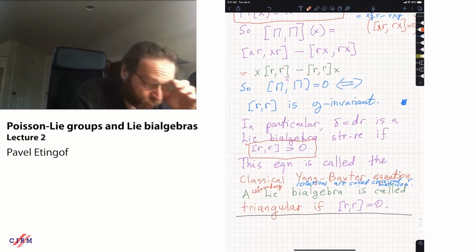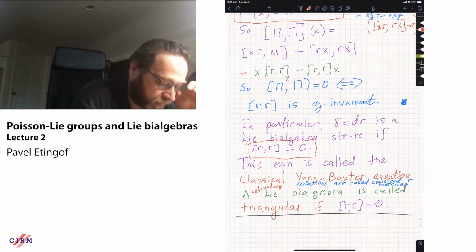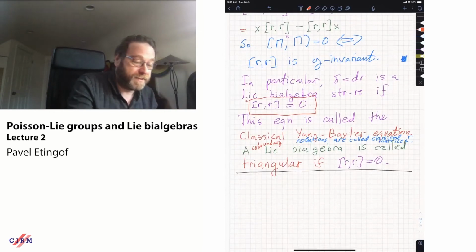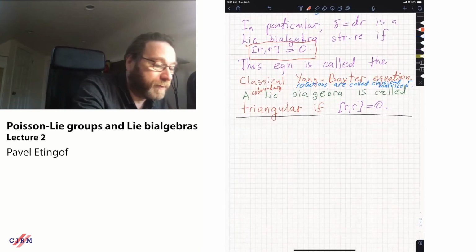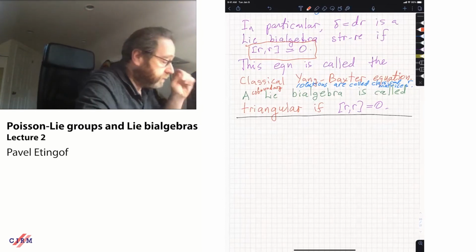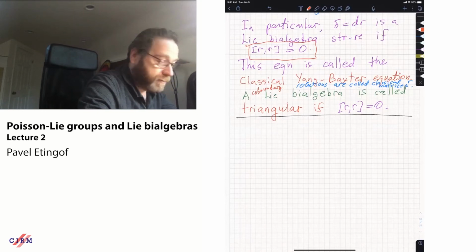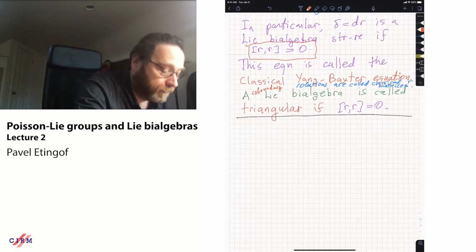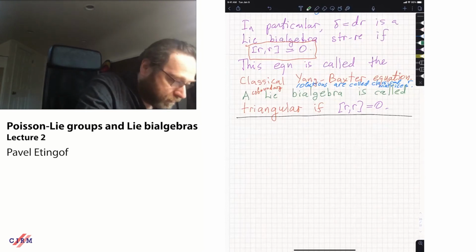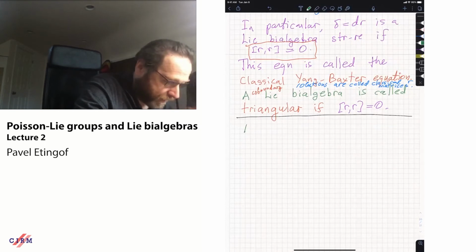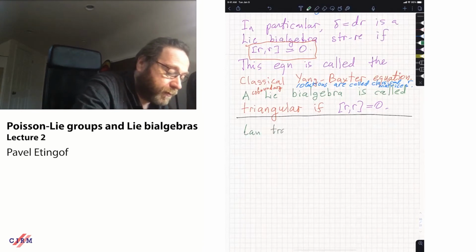Solutions are called the skew-symmetric classical R matrices, and the co-boundary Lie bialgebra is called triangular if this is satisfied. So let me now continue. So we have a notion of triangular structure, and in fact, an important thing is that we can transport